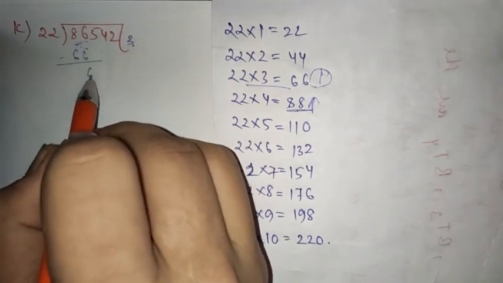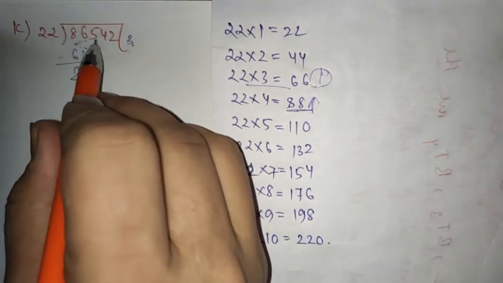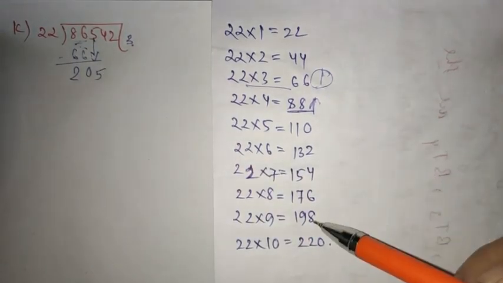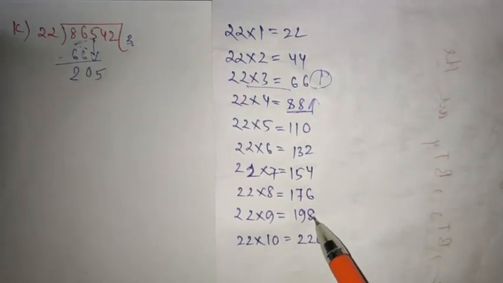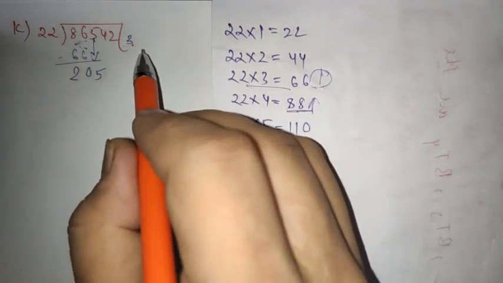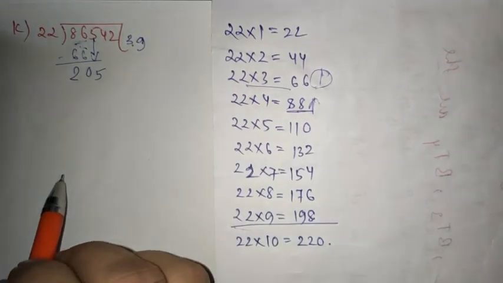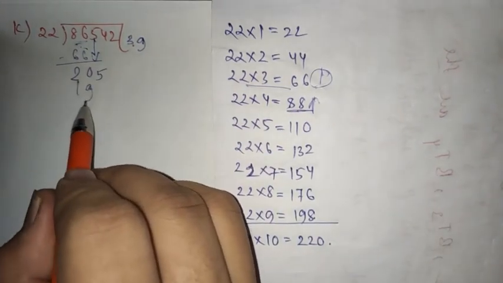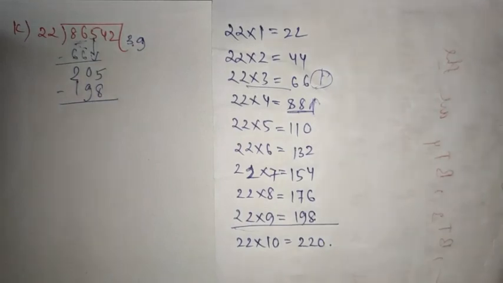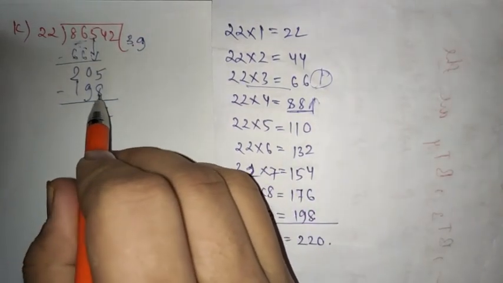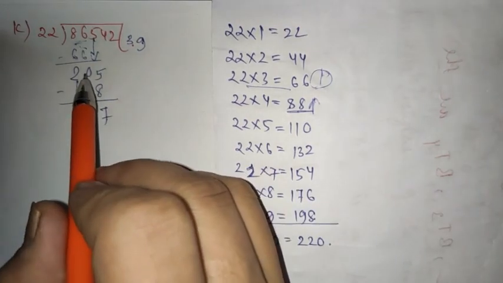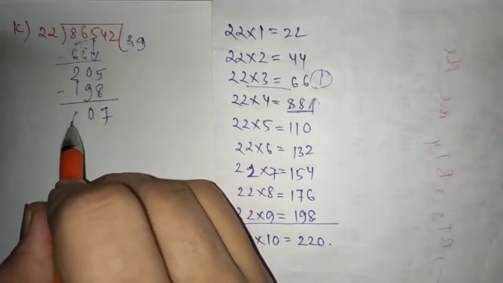So 6 minus 6 is 0 and 8 minus 6 is 2. So this 5 will come down. So 205, where is the proper number? So 205 is this here. So 22 9s. So 22 9s is 198. So subtract this. Now 8 plus 7 is 15. So 15 minus 8 is 7. And here 9 minus 9 is 0 and over here is 0 again.